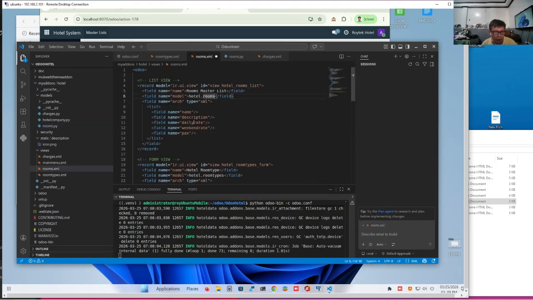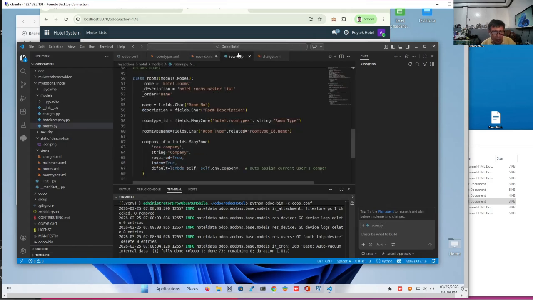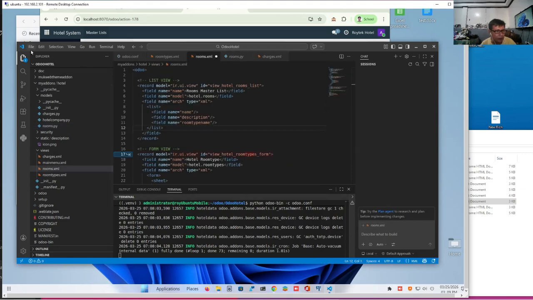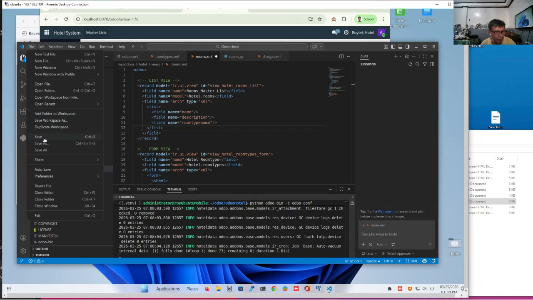So under rooms, we'll have name, description, then we'll have room type name, and then we'll erase the rest. Let's double check again. We have name, description, and room type name. Let's save this.